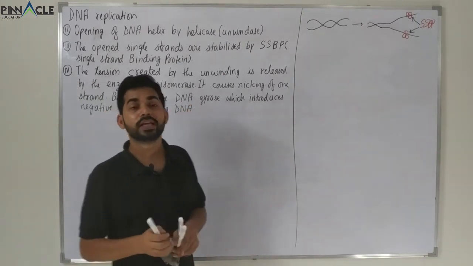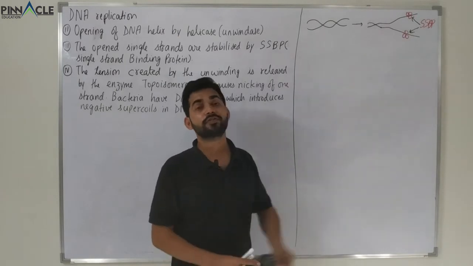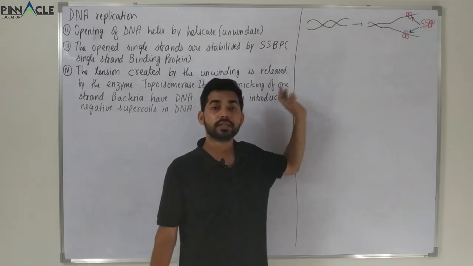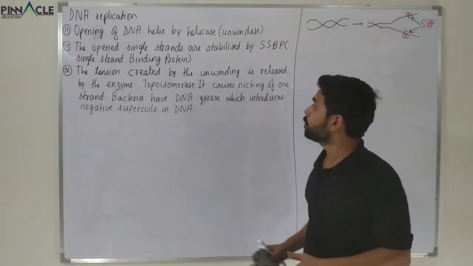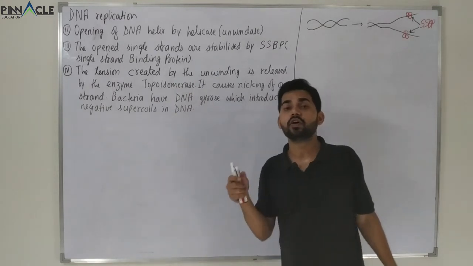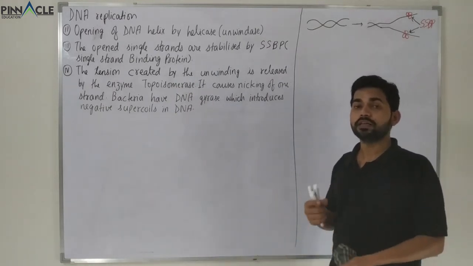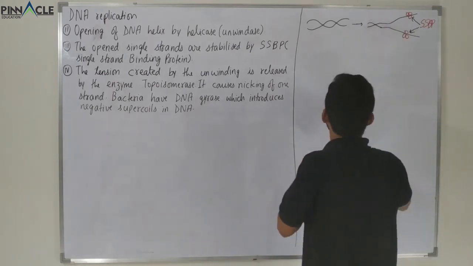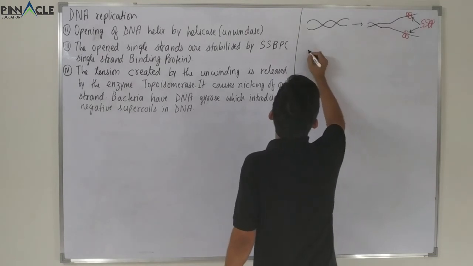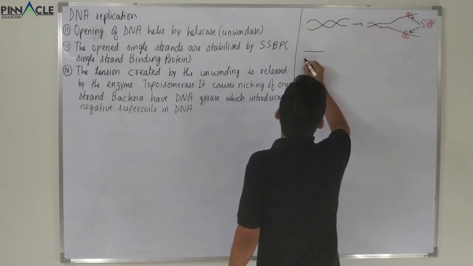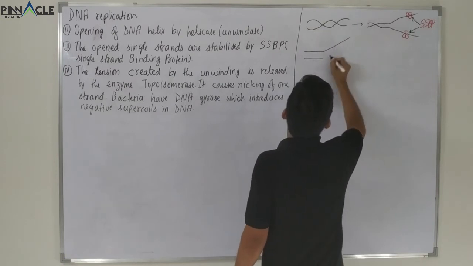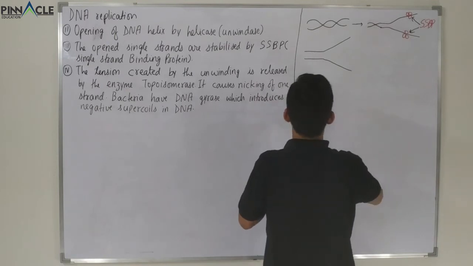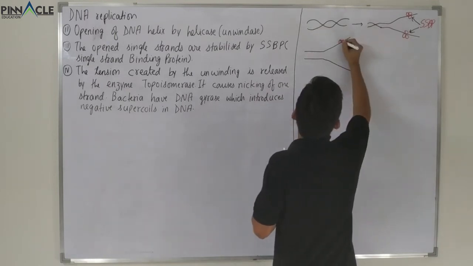When the two strands are unwound, it creates lots of tension in the previously uncoiled part. So there is a protein or enzyme called topoisomerase. This will cause nicking of one strand of DNA, which will help in releasing the tension. That will occur just before the SSBP. So this is the SSBP part,